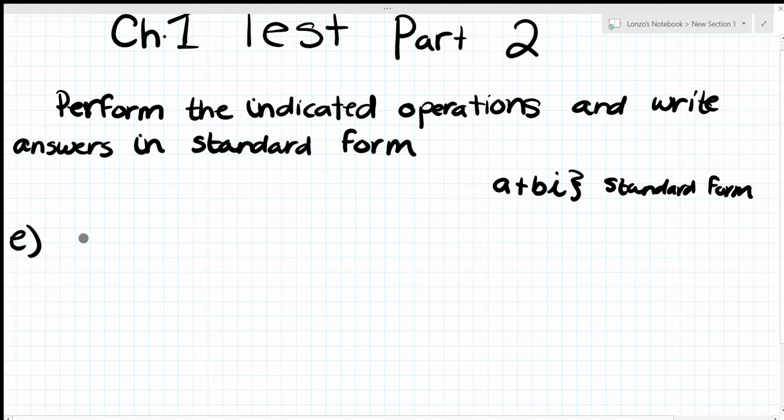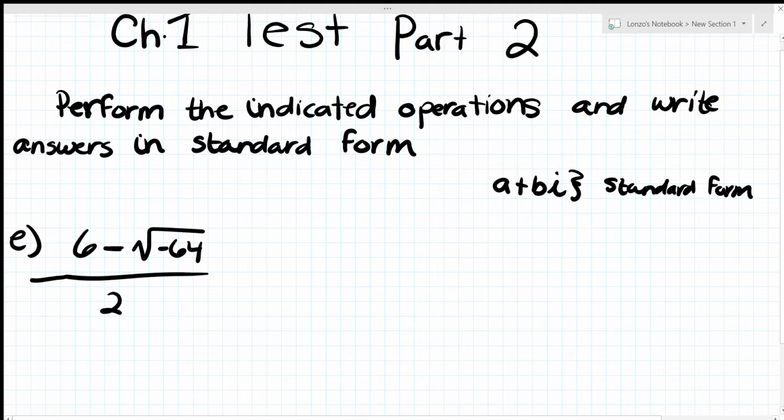Let's say we have 6 minus square root of negative 64 over 2. So we got the same rule, we got to put it in standard form. But before you look at this, we can simplify this even more. Remember, we cannot have a negative inside the radicand. So